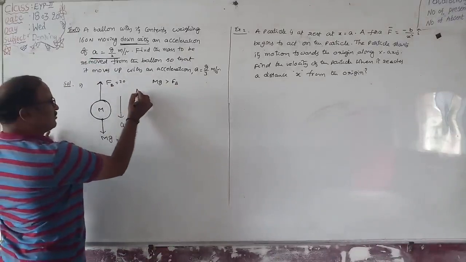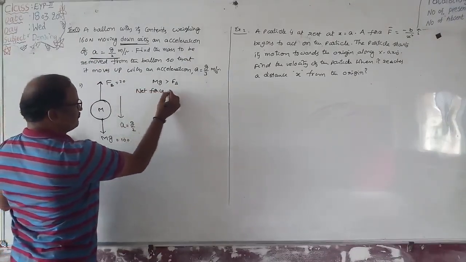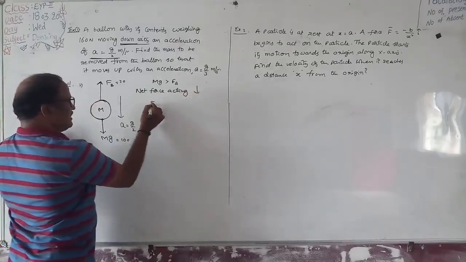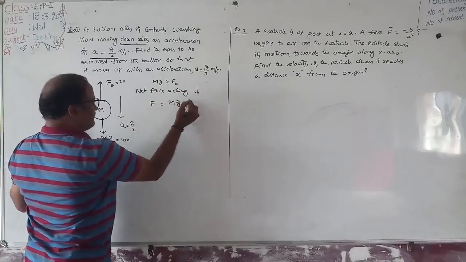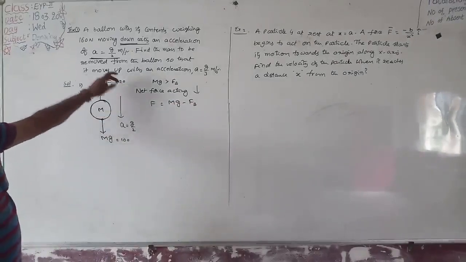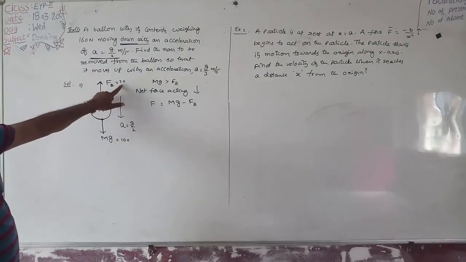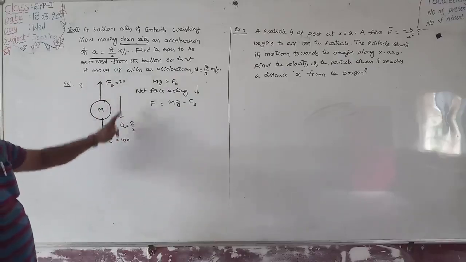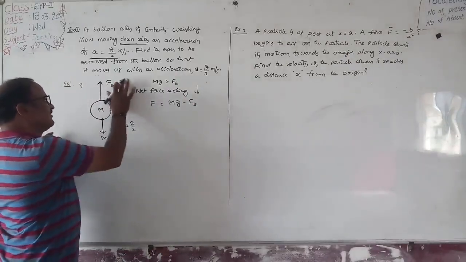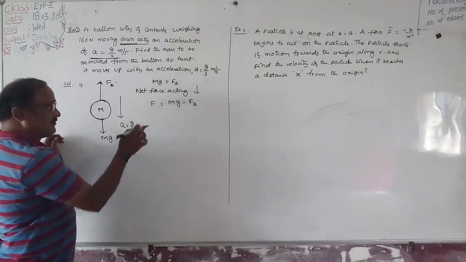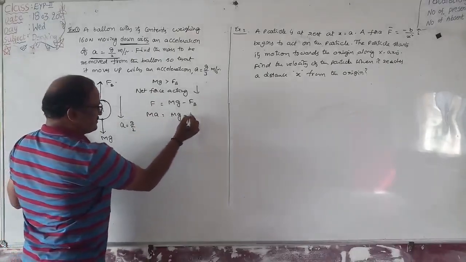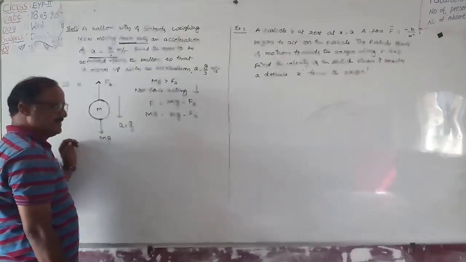Therefore, the net force acting downwards is given by F is equal to, what is the value? Mg minus Fb. Am I right? Mg is 100, Fb is 20. Moving downward, 100 should be greater than 20. What is the resultant force acting downwards? 100 minus 20, it is equivalent to mg minus Fb. Only 100 and 20, these are examples for our convenience. Again from Newton's second law, F is equivalent to ma, that is equal to mg minus Fb, right? Mg minus Fb.